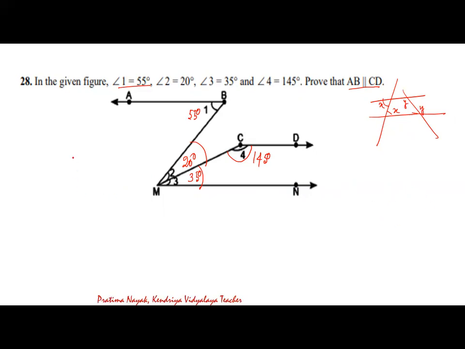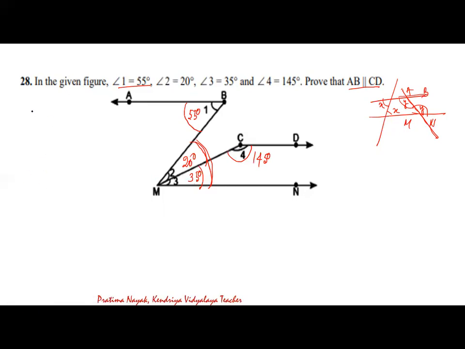So I'm starting from first, you see, ABM is 55 degrees and BMN is also 55 degrees. How? 20 plus 35 gives you 55 degrees. Again, they are alternate. What is the meaning of alternate? They are on opposite sides of a line. So when this type of situation comes, the lines are parallel. So AB is parallel to MN. So let us write now.